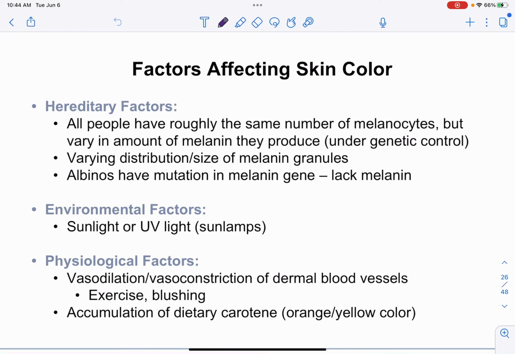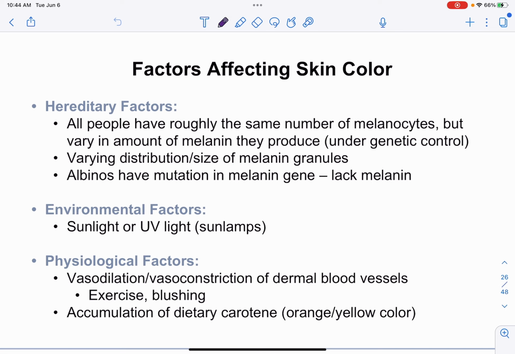All right, let's discuss factors that can affect skin color. So there are three categories of things that can affect our skin color. The first is hereditary factors. So this is going to be your DNA. The second is environmental factors. These can be things that alter the expression of our genes. And then third are physiological factors. So this is just going to alter the appearance of our skin, but not actually affect the expression of genes